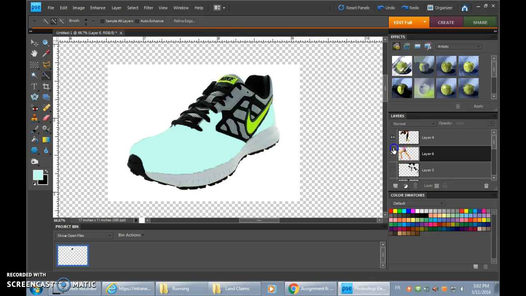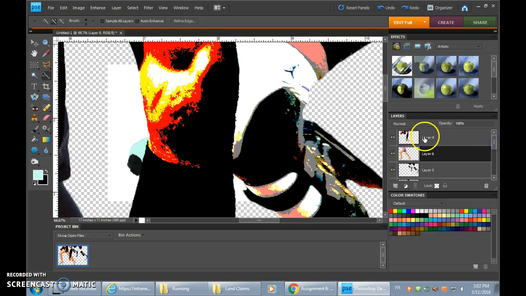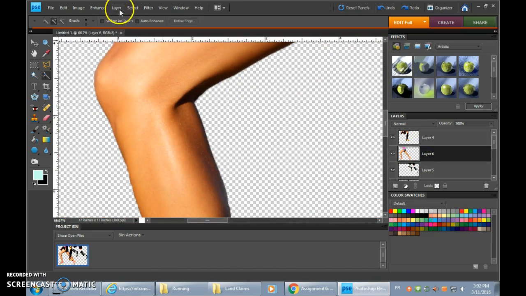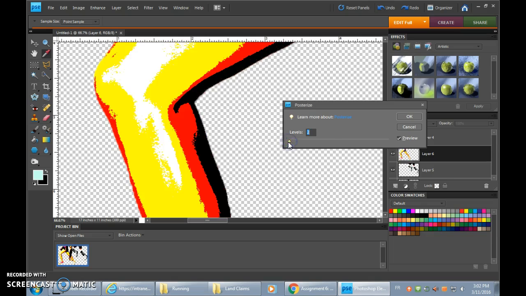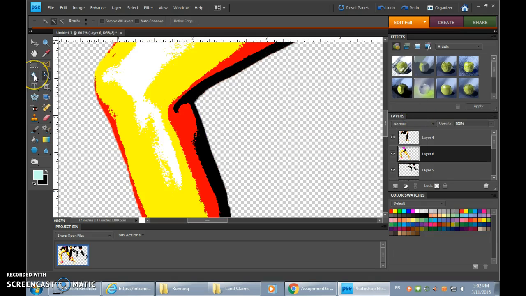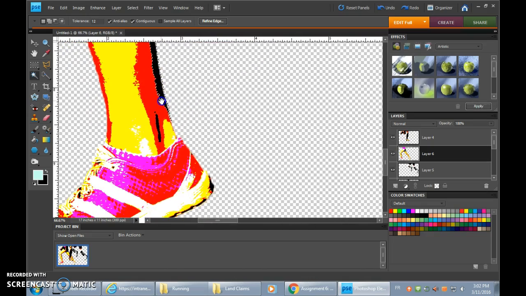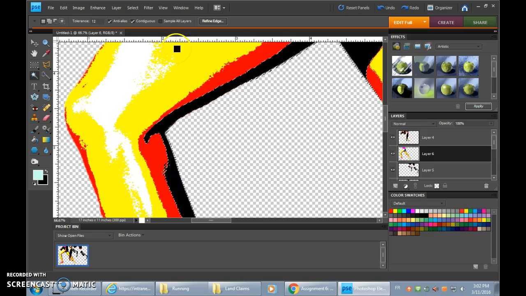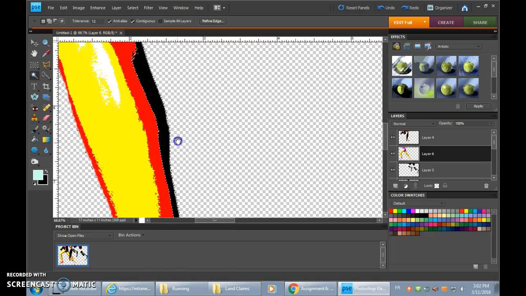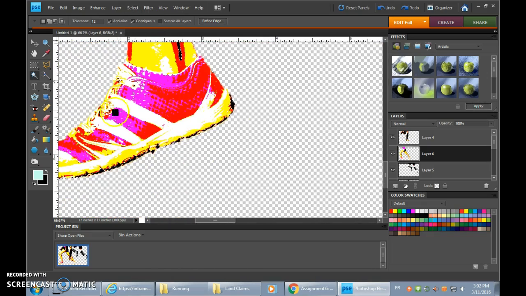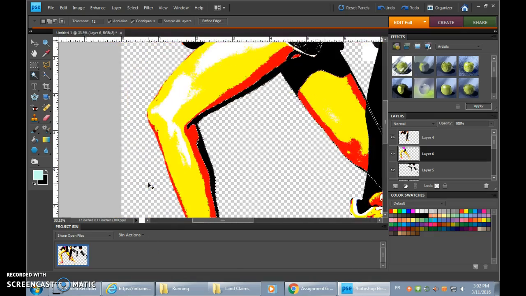You want to create a collage of different running themed things. I've already posterized layer 4, layer 6. I can show you how that looks on here. If you go to the filter gallery, posterize that to 4 levels, or I'm going to go 2 because I'm going to change what these are going to be like. On this layer 6, I can highlight areas, and just to make sure I get all the black all at once, I can, on layer 6, go to select and similar, and that should grab all of the pixels all around there that are of that color, and I can adjust it to